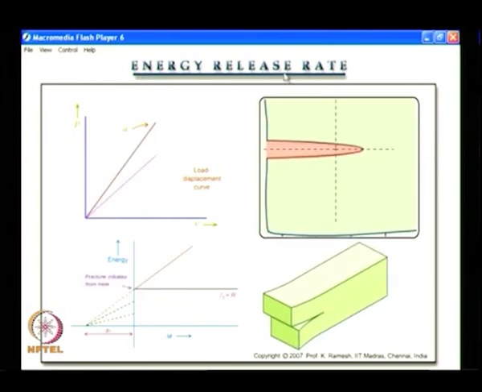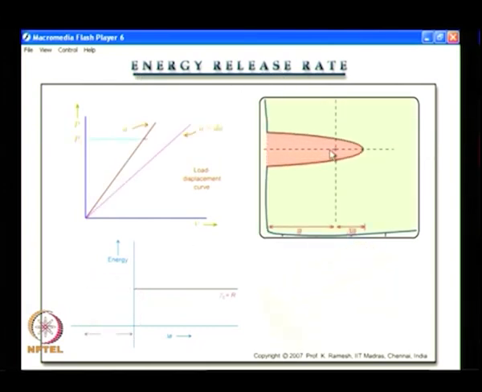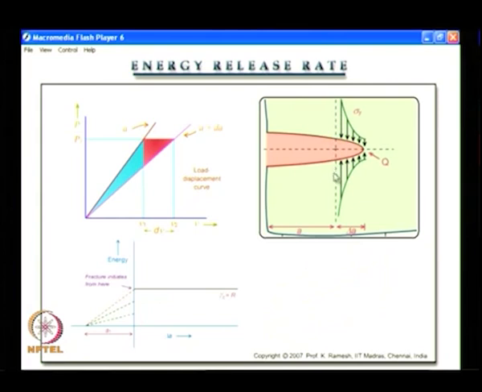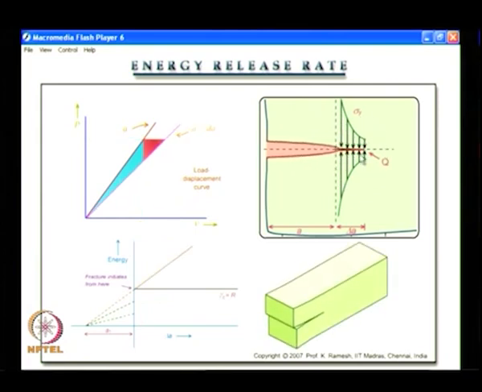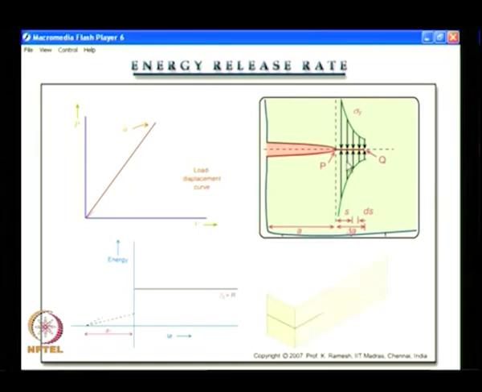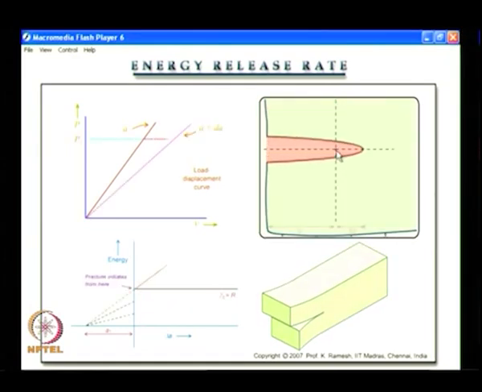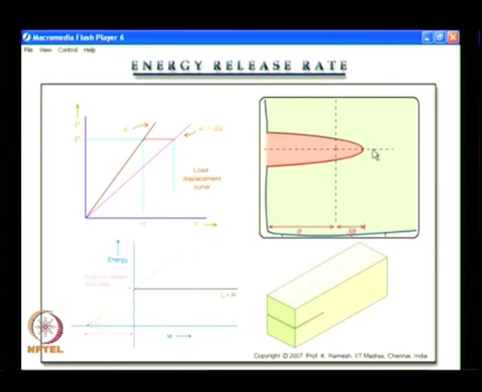We would essentially want to find out what is the energy required for a crack to propagate, but what we will do is we will find out the energy required to close. We will develop the mathematics behind it, and we will idealize the situation. From then on we will find out what is the energy required for the crack to grow, and in